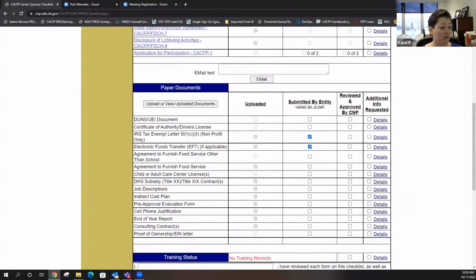That's all I got. You guys have any questions? I think I answered your question, both Marissa and Lacey, about the contracts. Agreement to furnish food generally is something between, it's not a formal food service company. You guys have your own RFP and we should have that on file. And if we don't, send it.